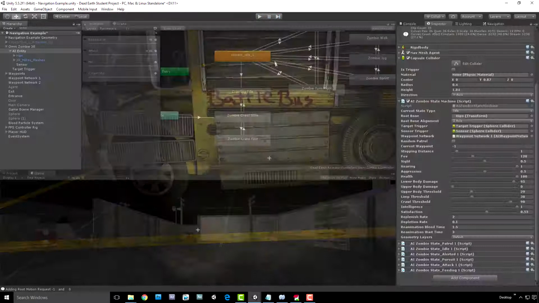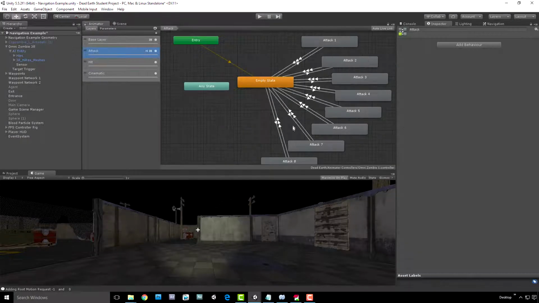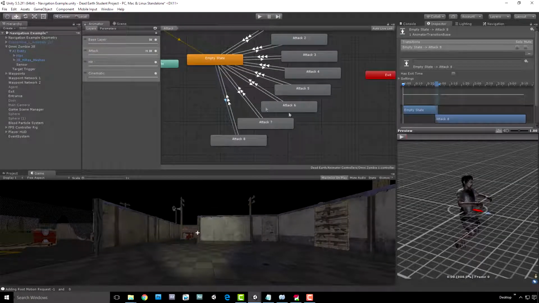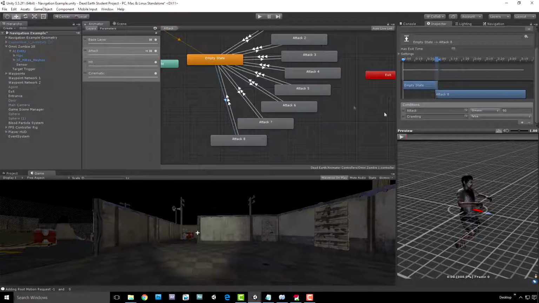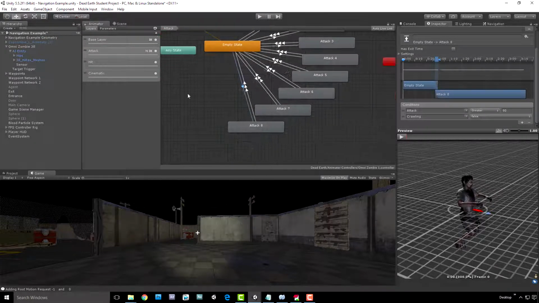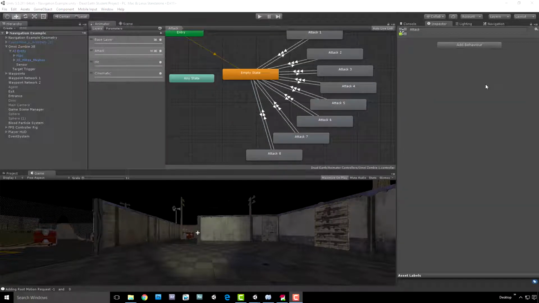Because all of the attack animations that we've got are on the attack layer, and furthermore, because these are animations that should only be played when she's in a non-crawling state, each one of these has its condition set to if crawling is false. So none of these attack animations will ever be triggered on the attack layer when we are in a crawling state. So we don't currently have any attack animations for when our zombie's in a crawling state, but never fear,